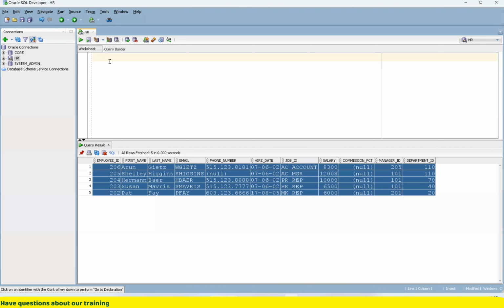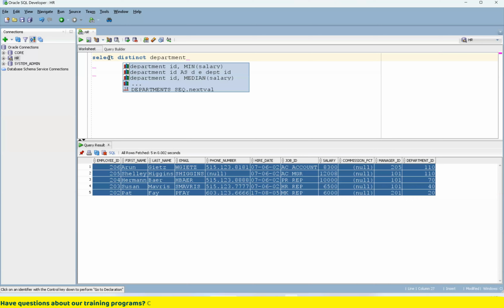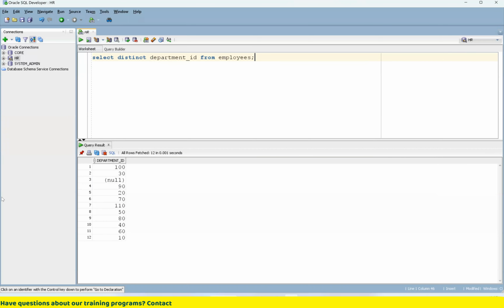Okay, so how can I identify the unique departments? You have to use the distinct keyword: distinct department ID from employees. How many distinct departments are there? So 12 departments are there, right? If it is not in the correct order, you can manually order it now. So 10, 20, 30, 40, 50, 60. These are all distinct